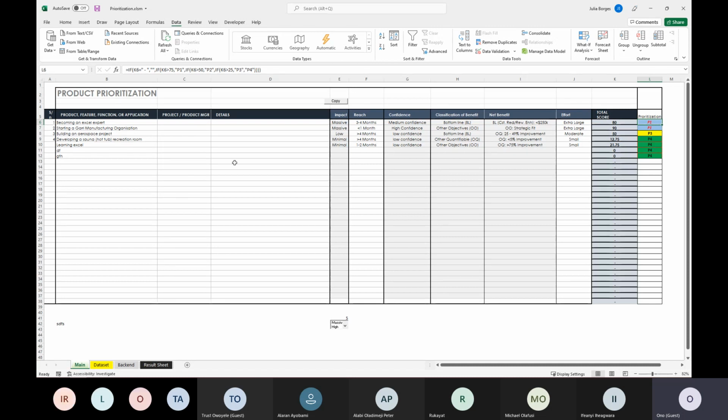And then you're like, okay, I'm going to become an Excel expert first before I start developing a sauna recreation room. Most of us might live in very hot climates, and having a hot tub might not be the best thing for you in the very hot season. So you may prioritize. You may now have to decide, do I start by having a manufacturing organization, or do I become an Excel expert?